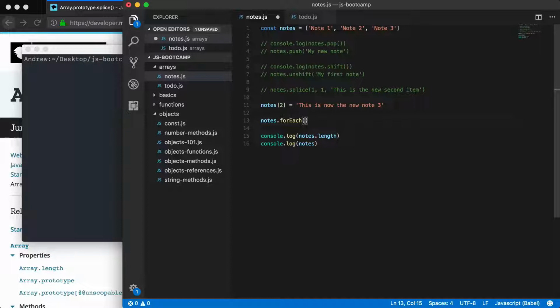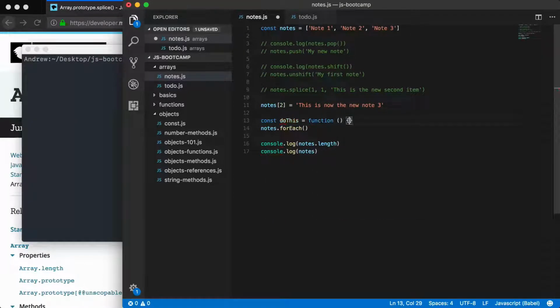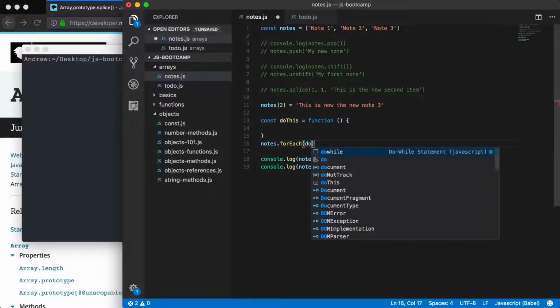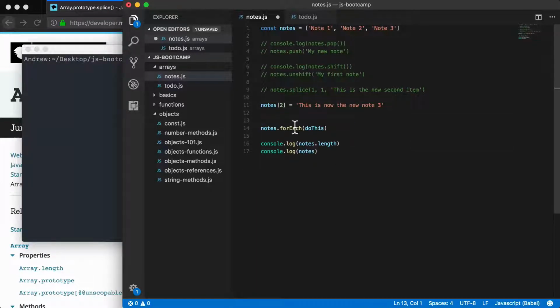So what we're going to do is call this method forEach, and we're going to pass to it as its one and only argument a function. Now there are 2 ways to get that done. We could create a variable like const doThis equals a new function, and then we can just reference the doThis variable right here. That would successfully pass a function as the first argument, but there's no need to define a variable just to use it. So what we're going to see a lot in this course is us just directly defining the function